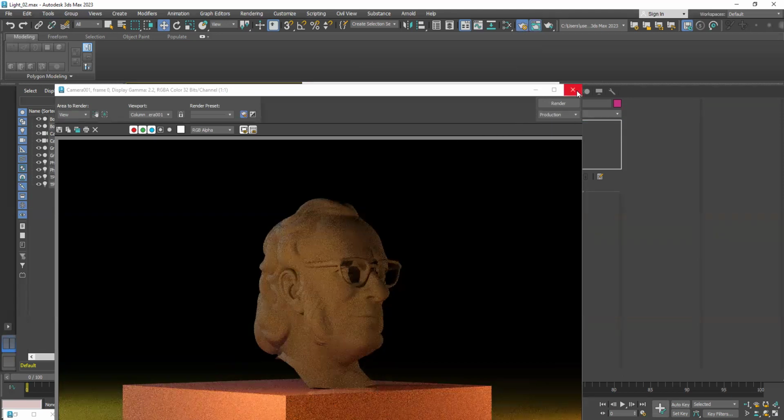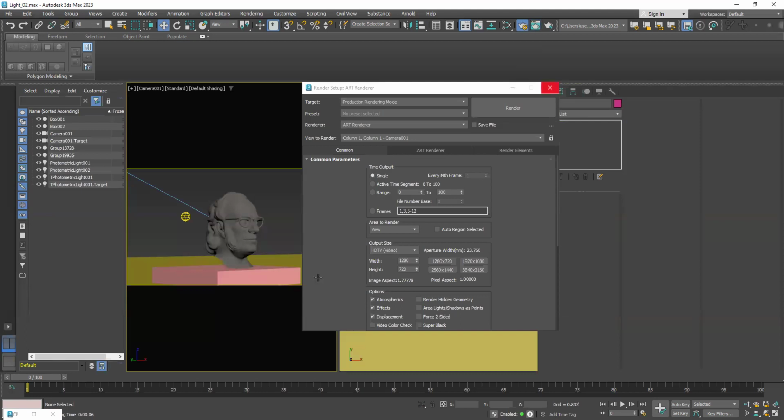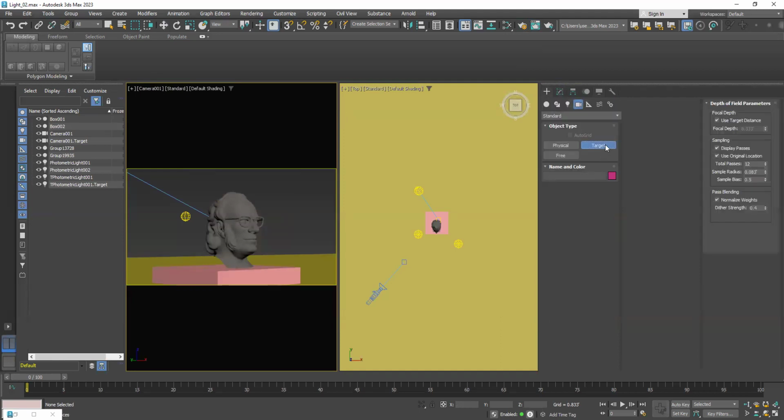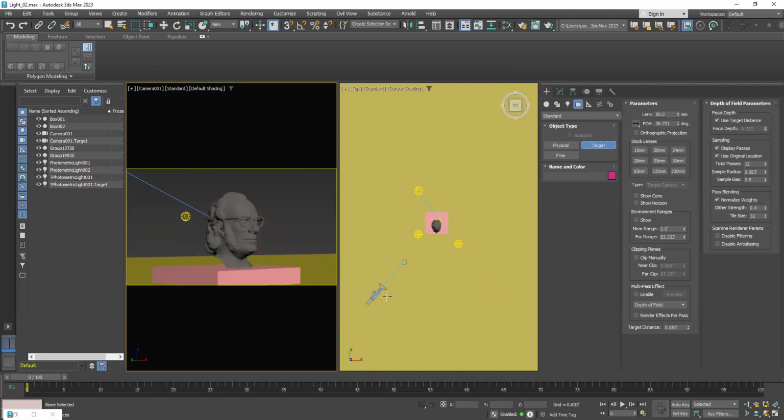How to go to the camera view? What is the shortcut? C. When you press P, you can see top over here. Okay, perspective here. Then press C to the camera. It's a camera 1. Now, say an example, if I place another camera, then again the target camera,